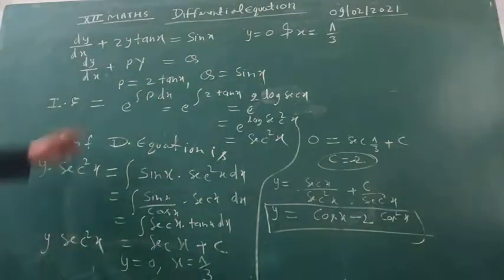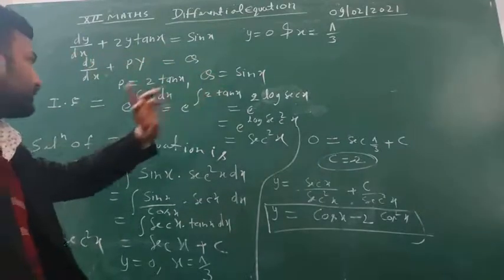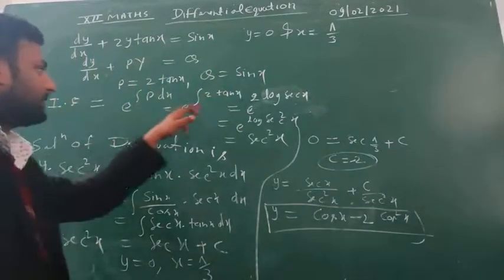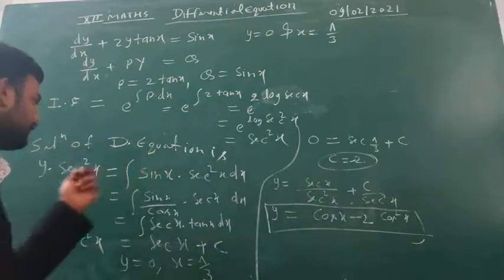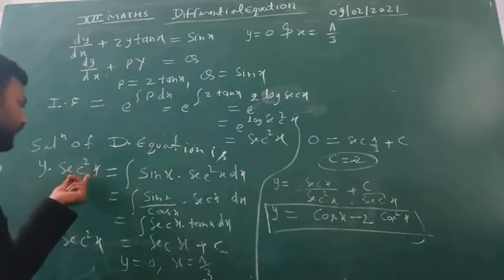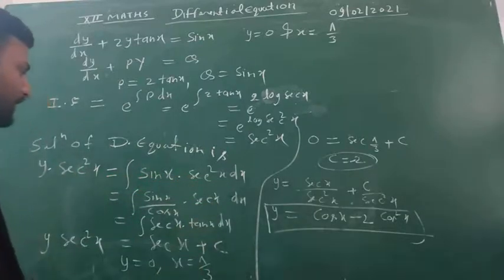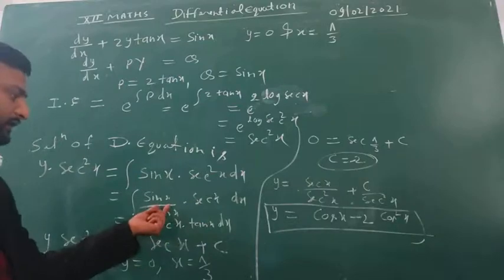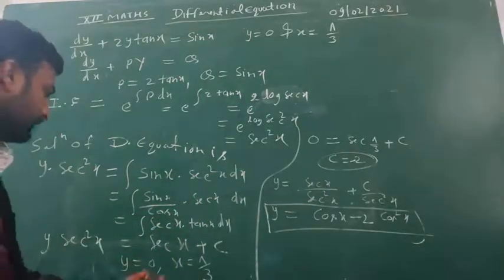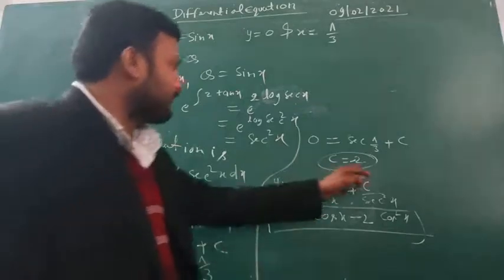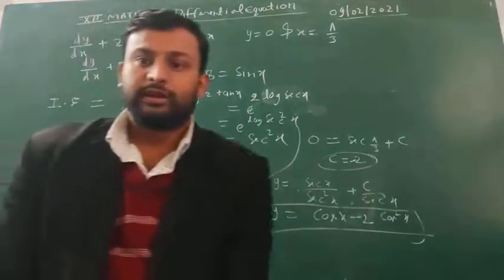Let's see once again. We are comparing with the standard equation, with P and Q as this, students. So the integrating factor is this, and the solution of the differential equation will be y times the integrating factor equals the integration of Q into the integrating factor, and we are seeing this part. This can be written as sec x tan x. This is the integration of sec x, students, and we put the value, get c is minus 2, and putting it in the equation we get the particular solution of that question.